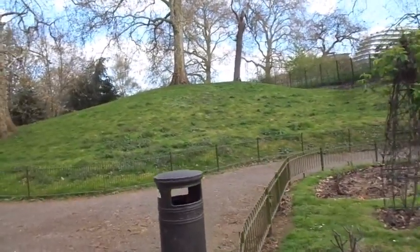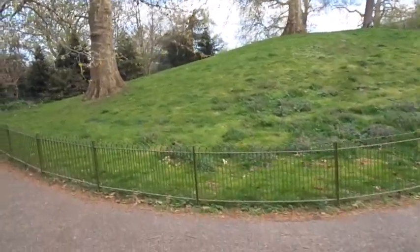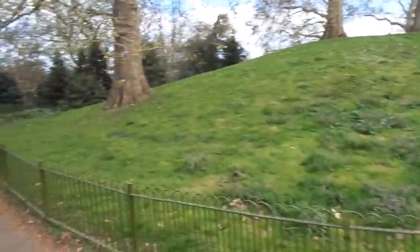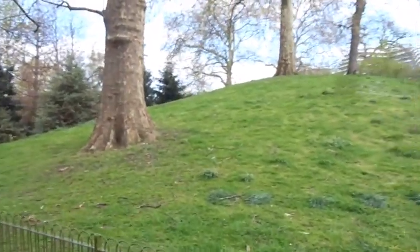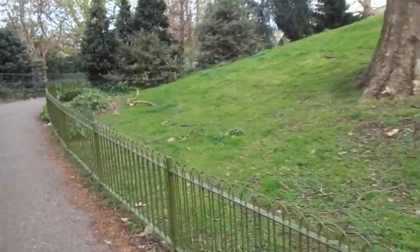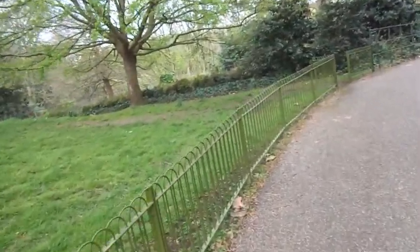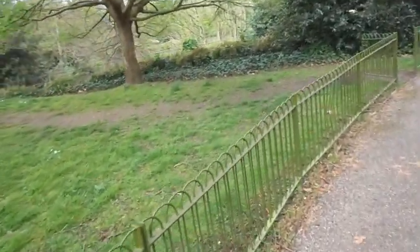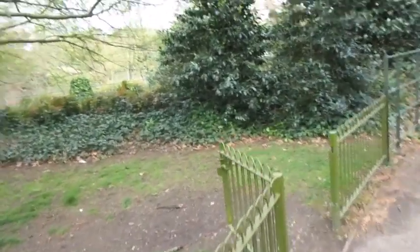I might actually be heading the way of that strange thing. See how... So they say they landscaped it and created all these rises and dips, but I strongly suspect that they dug down to create the landscaping, and it goes very down here where the lake is. So there's a lake here, and I'm not sure if it's man-made or what it is, but there's a pump house gallery